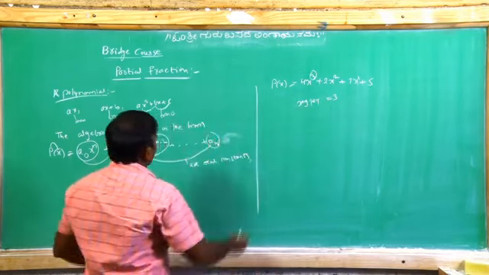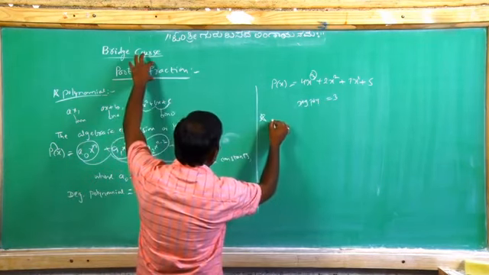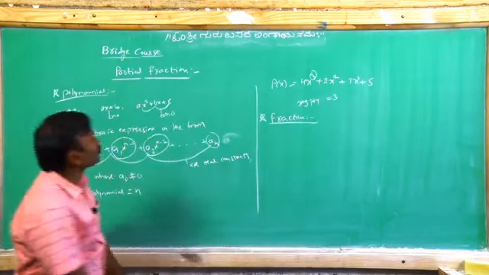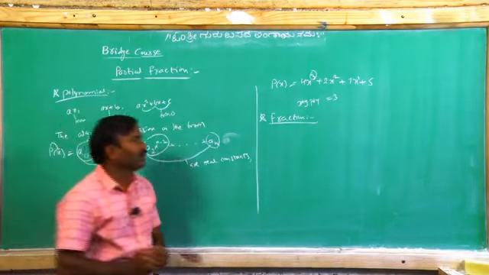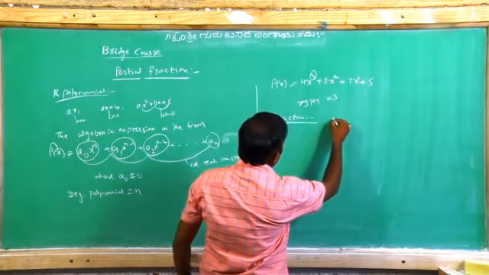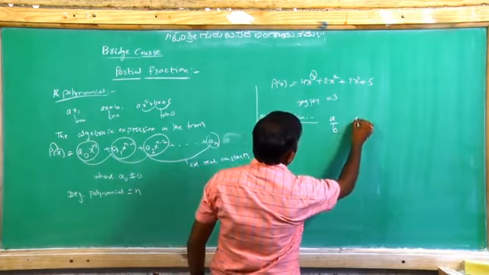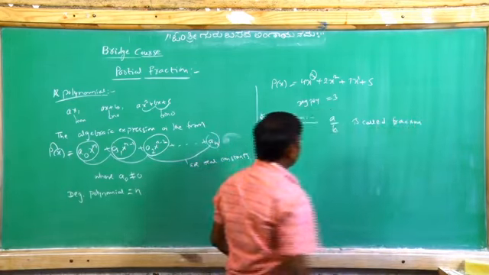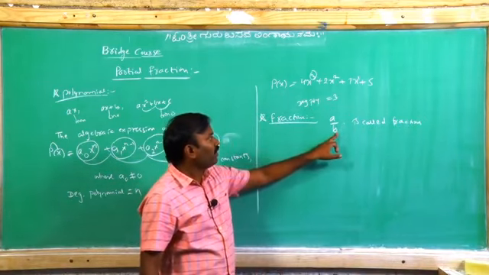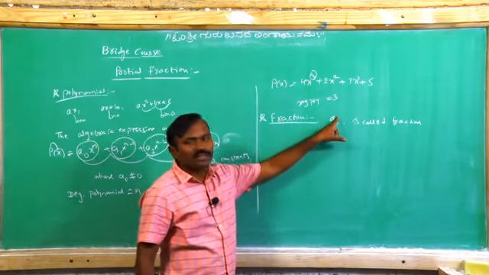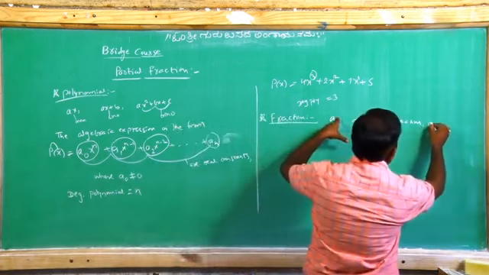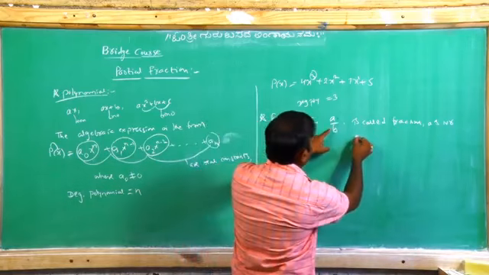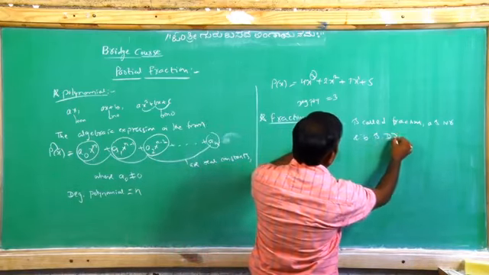Okay. Now come to the next definition of partial fraction. Come to the definition of fraction. So what is a fraction? You know that a rational number of the form a by b is called a fraction. Where a is the numerator, nr means numerator, and b is the dr, denominator.